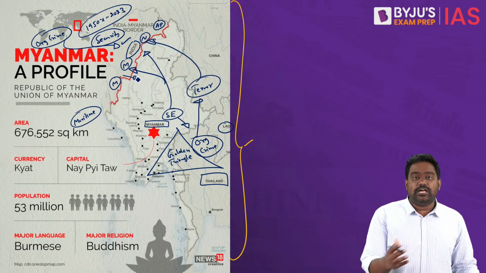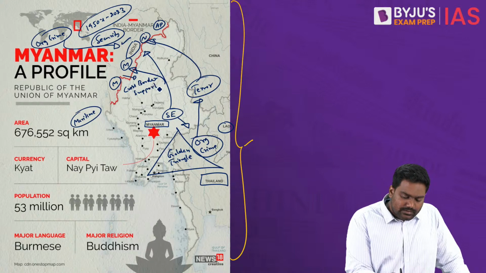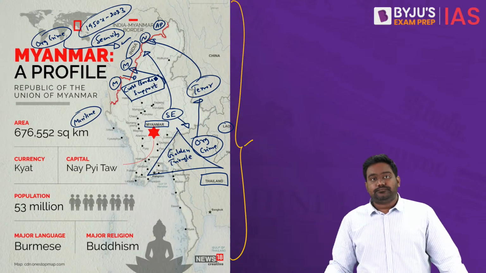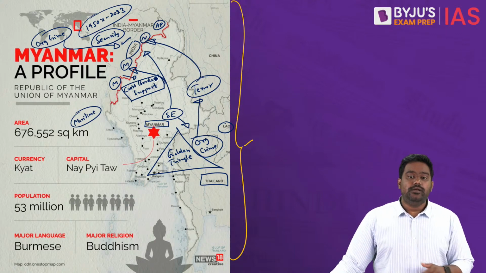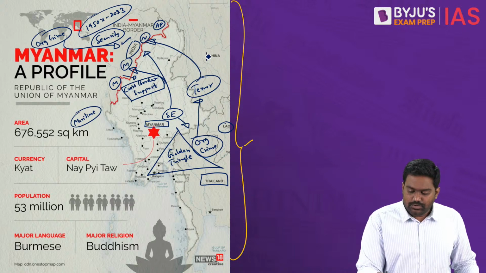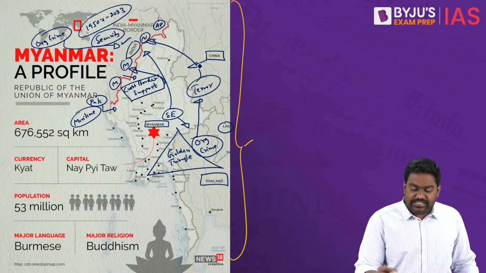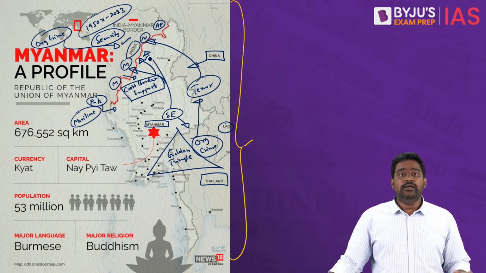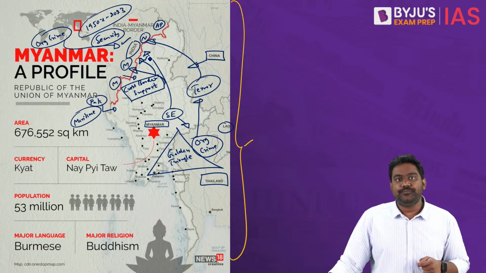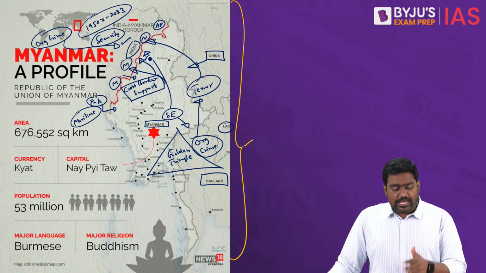Since many northeastern tribes are linked with indigenous communities in Myanmar, they even get cross-border support very easily. Insurgents like Nagas, for example, and Mizo insurgents have easily got cross-border support from native groups in Myanmar. And along with them, hostile countries such as China and Pakistan via Bangladesh have destabilized India by using Myanmar as a base to launch their covert proxy war against India by backing and sponsoring northeast insurgent outfits. So there are many security threats for India that emanate from this critical border, and Myanmar becomes a very important